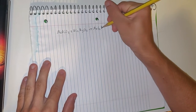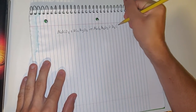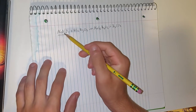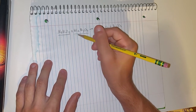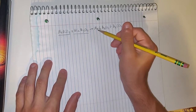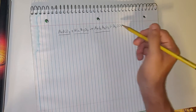So, you have this one right here, which is the sodium bicarbonate, okay, baking soda. And right here, this is the acetic acid, the vinegar, okay? So you add these two, the little plus, and they turn into sodium acetate and